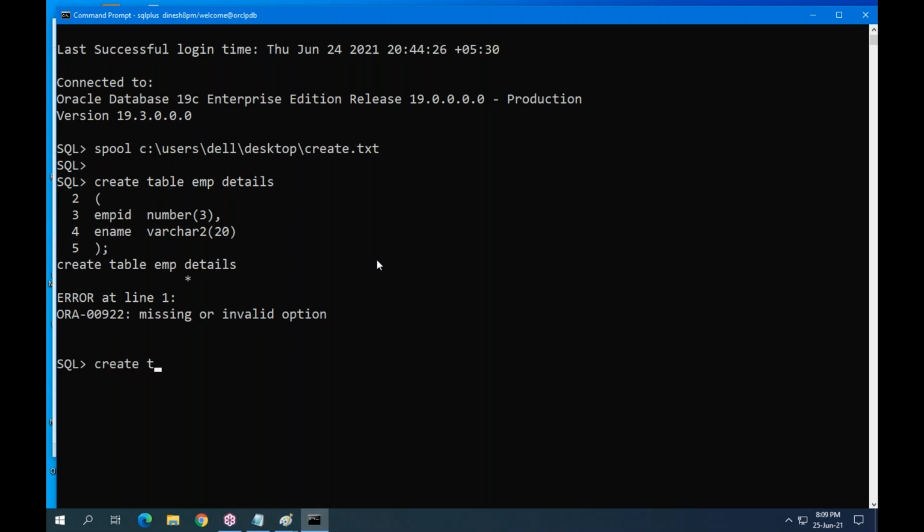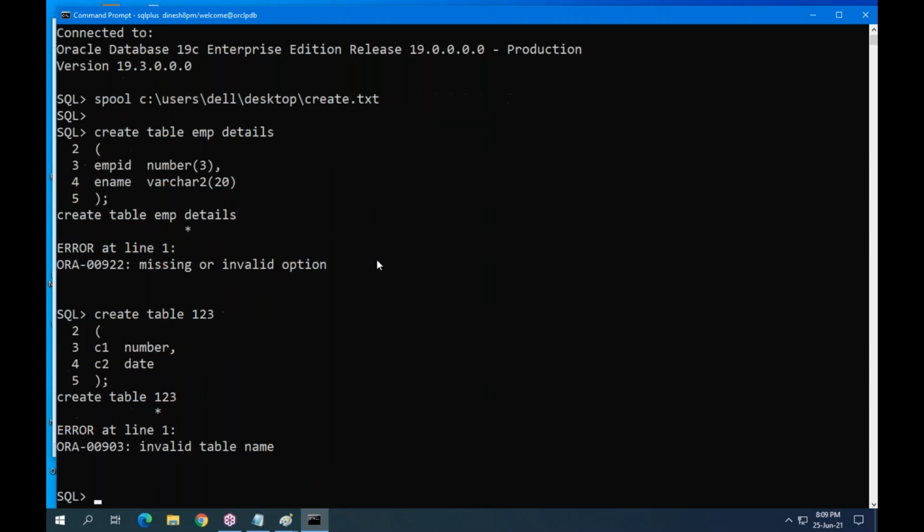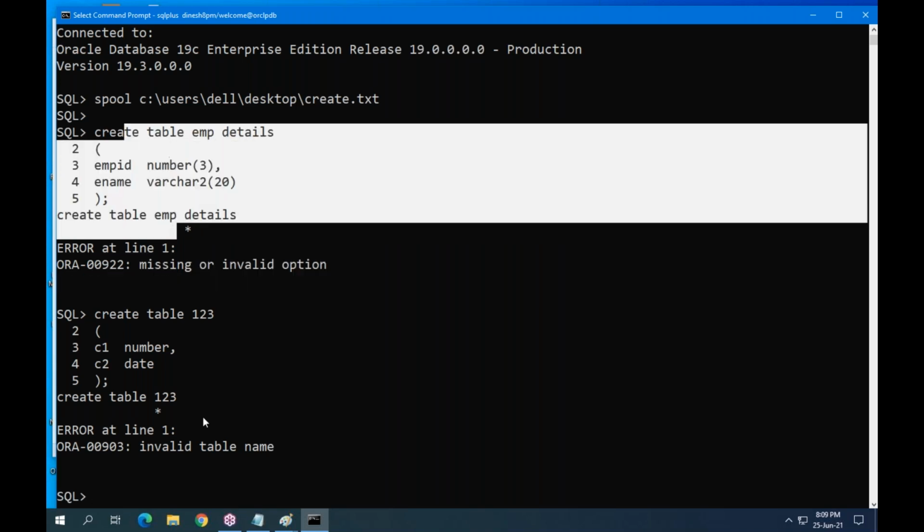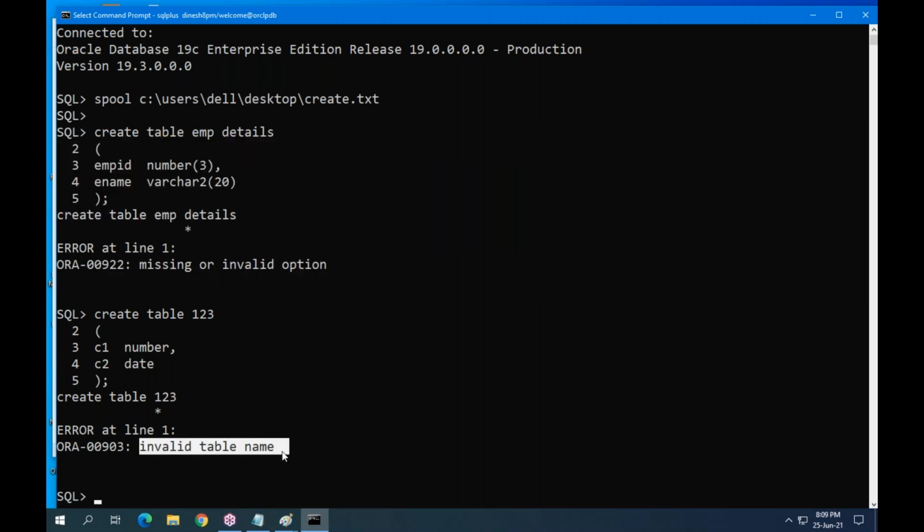One more query. Create table 1 2 3, column 1, it's a number, column 2, this is date. It is saying here invalid option in this creation. Here invalid table name. Why is it displaying these errors?